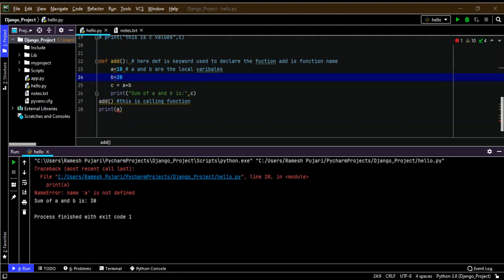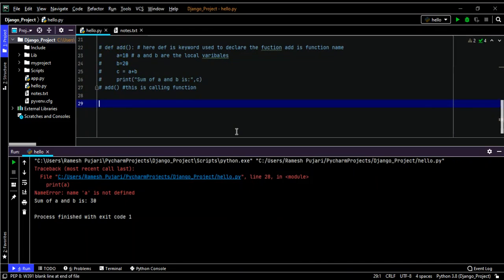So now let us understand with an example. Now I will demonstrate the usage of a global variable. I'll comment and write global variable example.